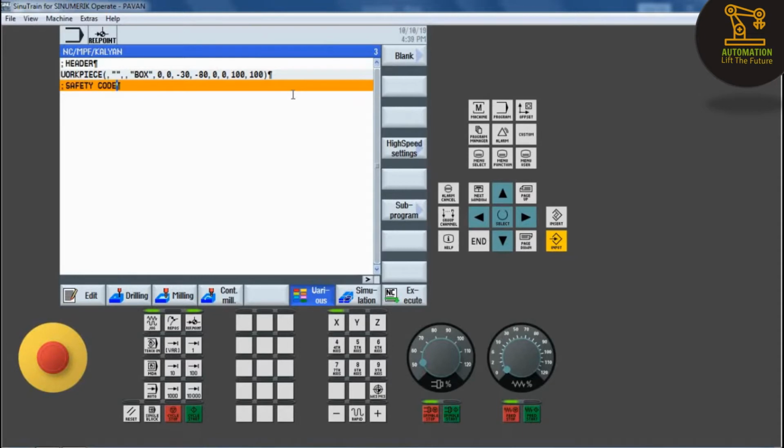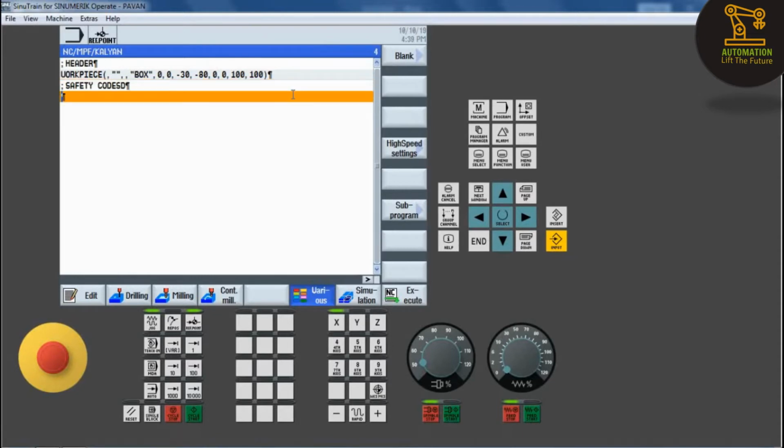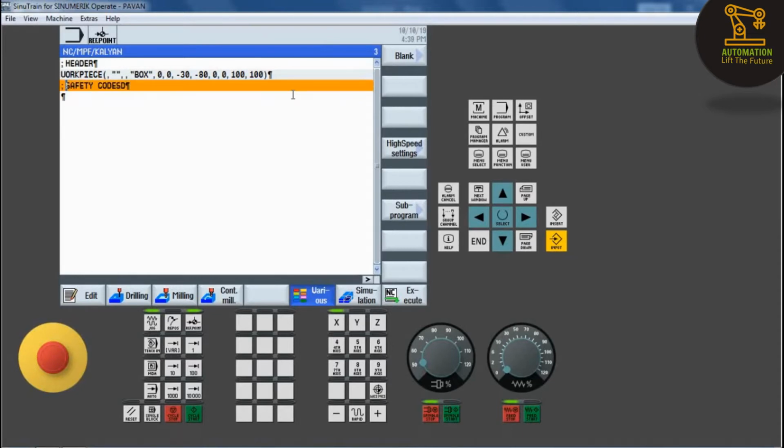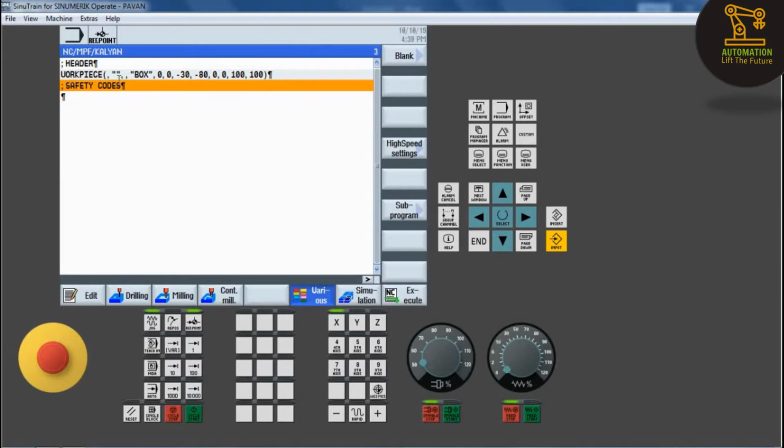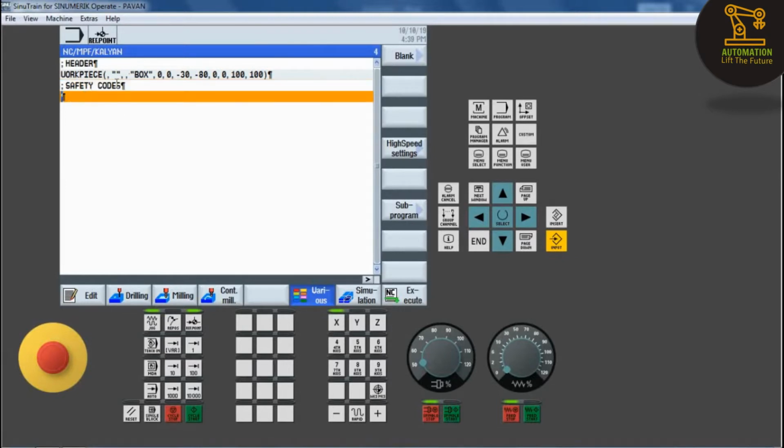Then give the safety codes: G17, G54, G64, G71, G90, G94.